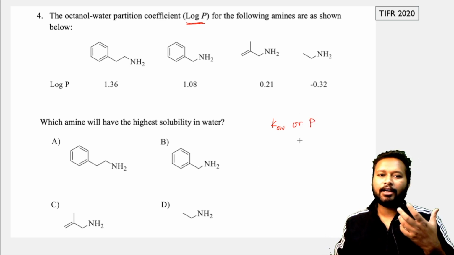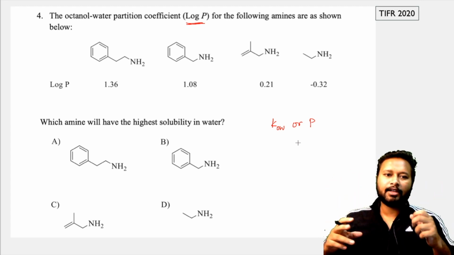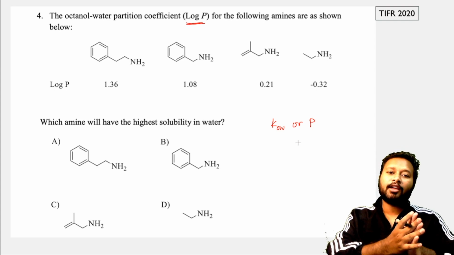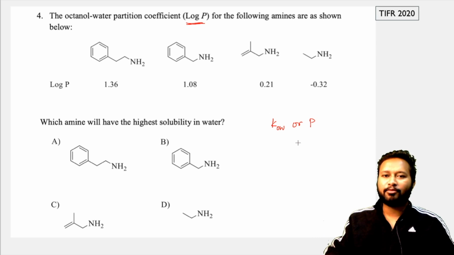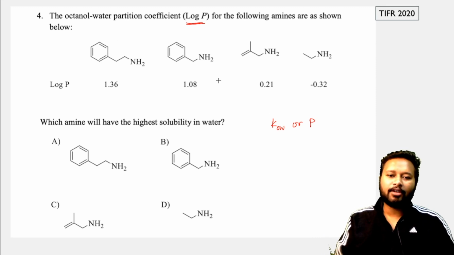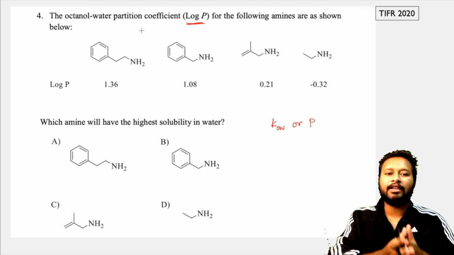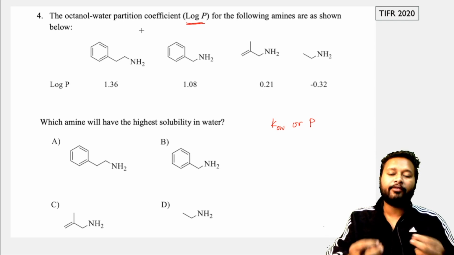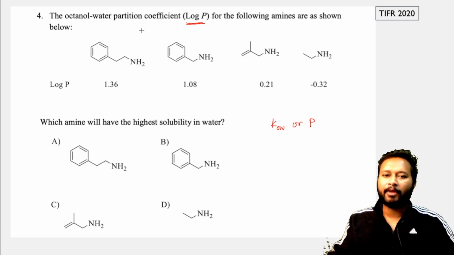Now this water octanol partition coefficient, as the name suggests, what you can interpret from this? Octanol is what? Octanol is basically an alcohol having an 8 carbon chain, right? And water is water, right? So this KOW or P, or your octanol water partition coefficient, it measures the amount of hydrophilicity and hydrophobicity of different drug molecules or different protein molecules. It can be calculated for anything.